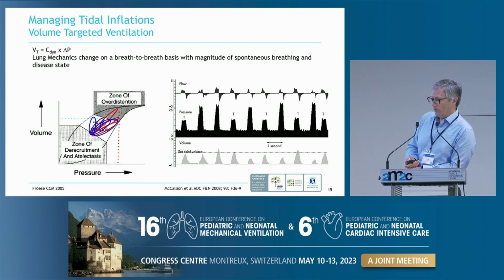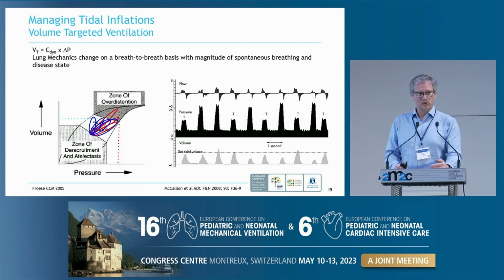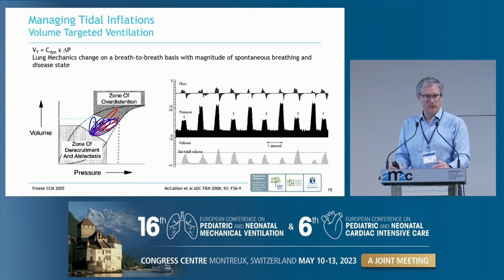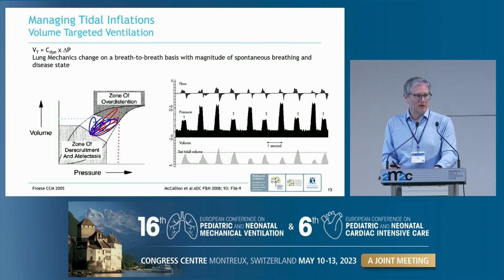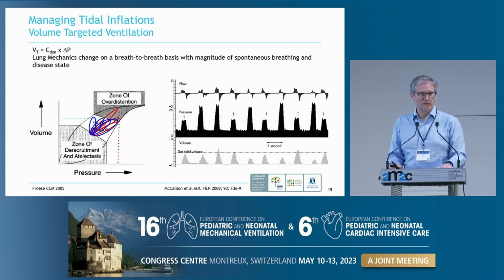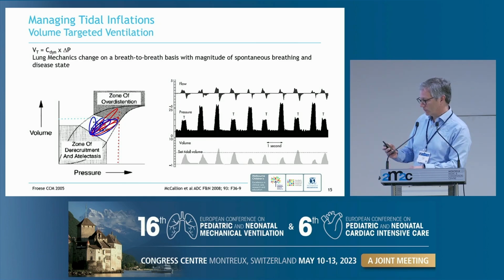So most of us have moved to using volume targeted ventilation. Again, to remind you that these are time cycle pressure limited or flow cycle pressure limited ventilators. So we're not actually controlling absolutely the amount of volume we're giving. We're telling the ventilator what volume we would like it to give, and then the ventilator looks at the PIP, to the delta P that it gave, and tries to adjust the next PIP based on what it thinks will be needed for the tidal volume we've told it to do.